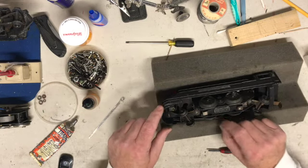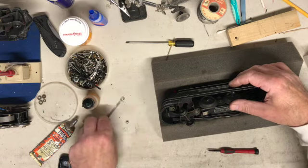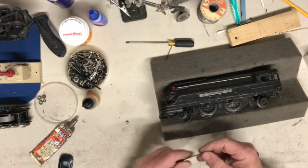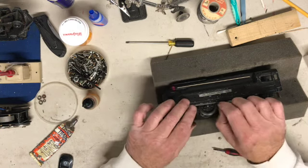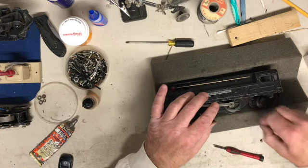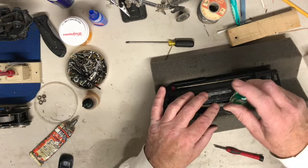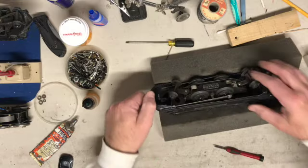Oh, okay, sometimes I see what happens. See, these hit here at the end. Sometimes they will do that. This one here is probably a hair shorter than that one. Yeah, it looks like it is. So that one's going to need to be cut. I've done that before. So we might as well put this one on while we can. Okay, so that one's good. This one's not. This one needs about a 1/4 inch maybe taken off. So we'll do that real quick